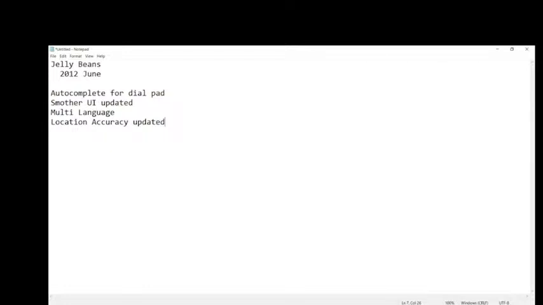So that's it. Jelly Bean was introduced in 2012, and it introduced autocomplete text view, then a smoother interface and multi-language. Location accuracy was updated here. This is done. The next version is